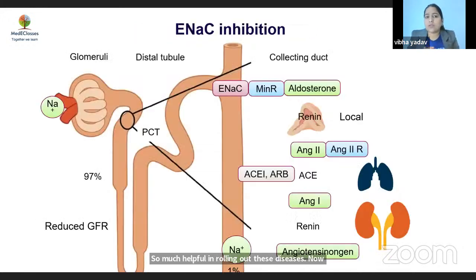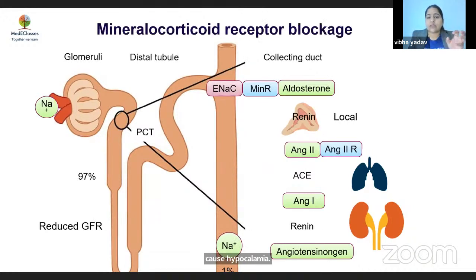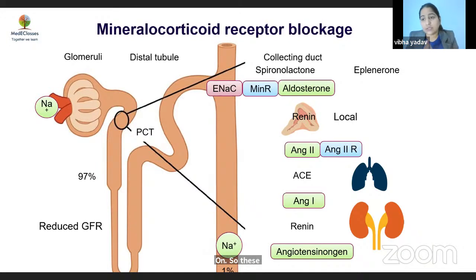Now coming to the next one, the drugs that will cause sodium epithelial channel inhibition, and that is amiloride, trimethoprim, and pentamidine. As these drugs will inhibit the epithelial channel, it will cause hyperkalemia. And the drugs that will block the mineralocorticoid receptor are spironolactone and eplerenone. So these drugs alone will not cause severe hyperkalemia, but when there is associated renal dysfunction, these will cause severe